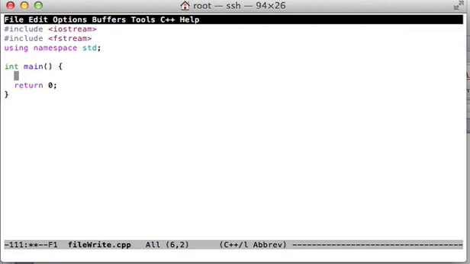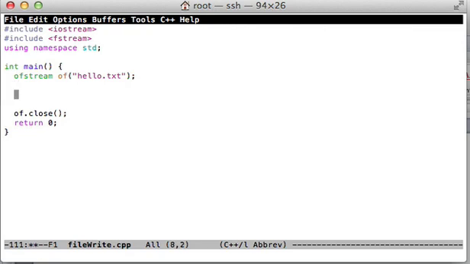To write to a file, you need to open the file, and the way you do that in C++ is you have an output file stream variable. You need to give a name to the variable, call it something, OF for out file, and then in parentheses you put a string that is the name of the file. So I could call it hello.txt. Eventually I will close the file, which is like that, and then in between I just use OF instead of